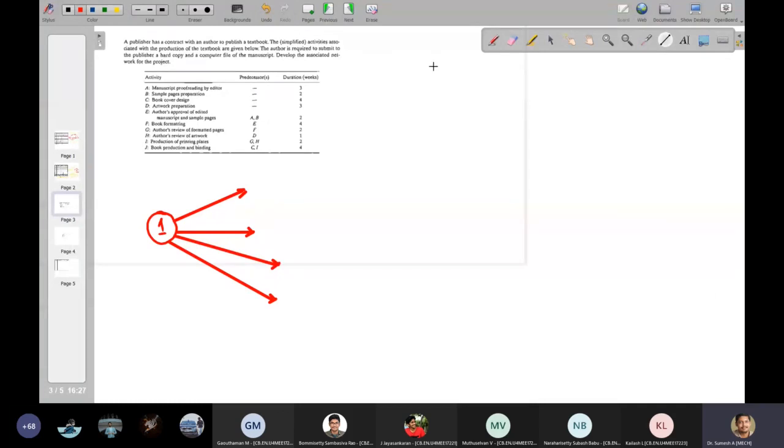So this is 2, 3, 4 and 5. First I'll mark this as activity A, this as activity B, this as activity C, and this as activity D.